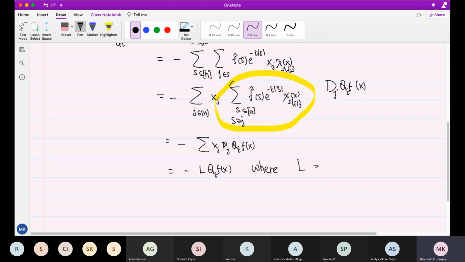L is the sum of x_j d sub j. That means it acts on functions like this: L f of x is